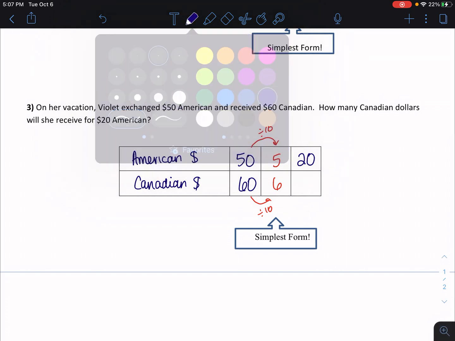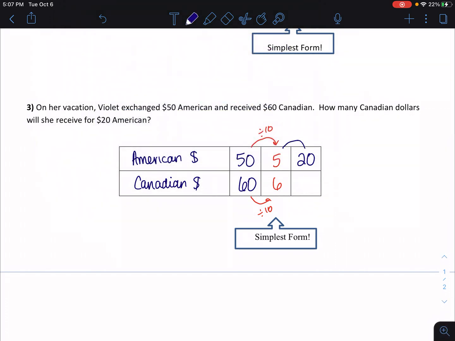And once that is simplified, now I can scale forward. So again, this is backward. And now I'm going to multiply by 4 to go forward. And I'm going to multiply by 4 down here as well, and I get 24. So she would get 24